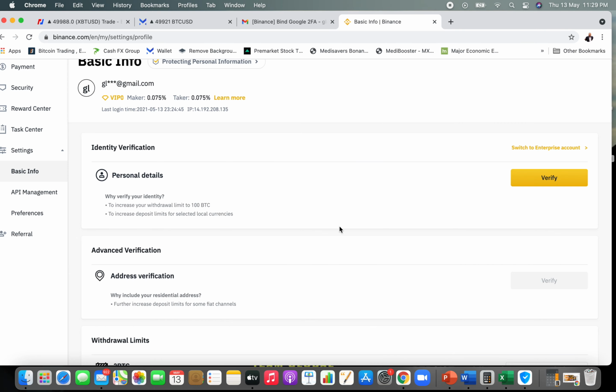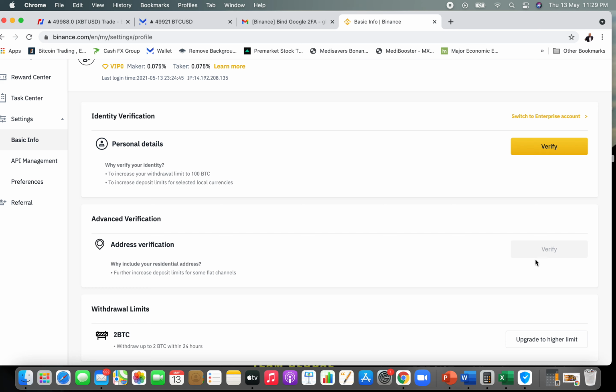Once you have done that, the next process will be the address verification. This is where you need probably the utility bills or any kind of valid bill from a reliable source in order for you to verify, and make sure this is the latest, the most recent reliable source or utility bill that you have. Once the whole verification is completed, you will receive an email from Binance notifying you that your verification is completed, and thereafter you can already proceed to trade.